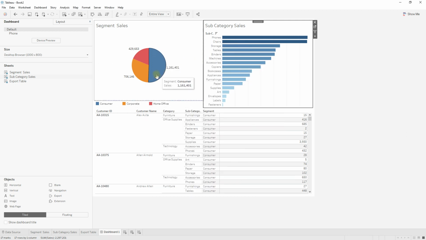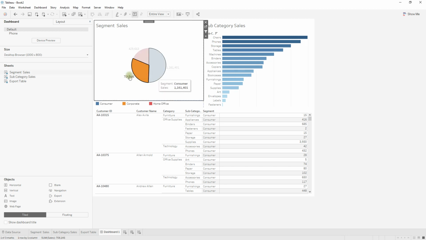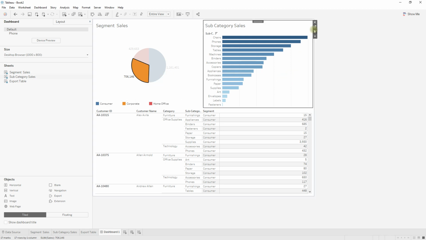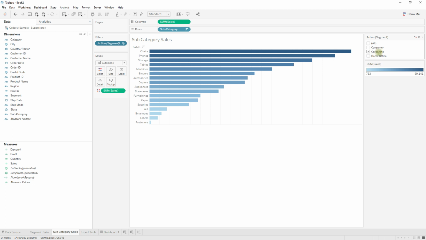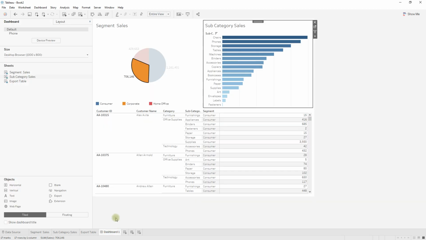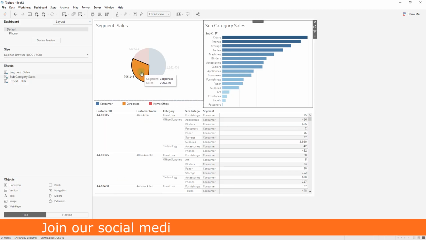Now if you select corporate, the filter is applied on the subcategory sales. Go back to the sheet and see corporate is selected. Go back to the dashboard and then clear the selection.